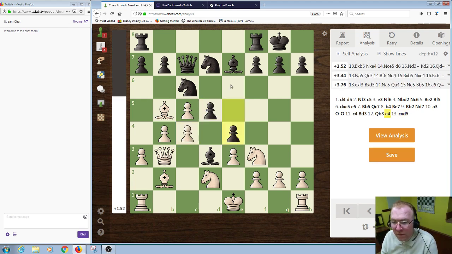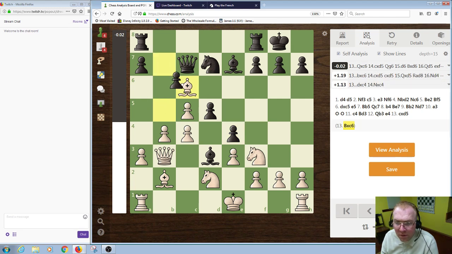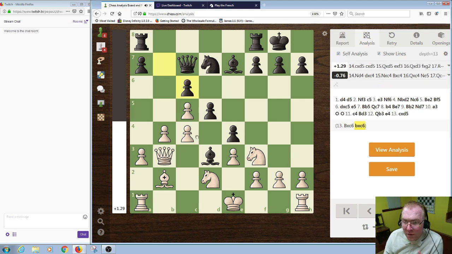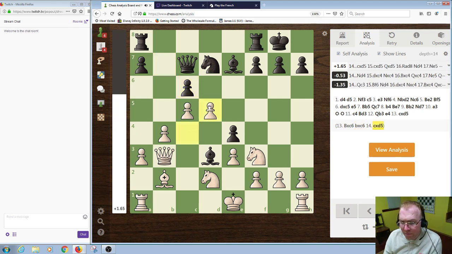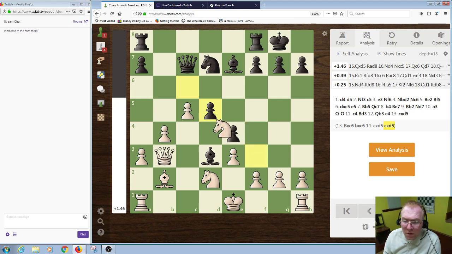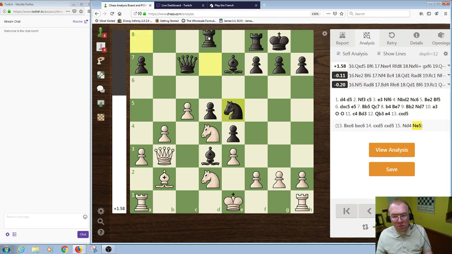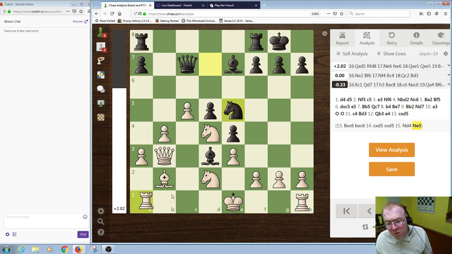Perhaps another line could be bishop takes knight, as played by Spillman in the earlier round. Pawn takes bishop. Pawn takes pawn. Pawn takes pawn. Knight to d4. Knight to e5. Rook to rook d1. Knight to